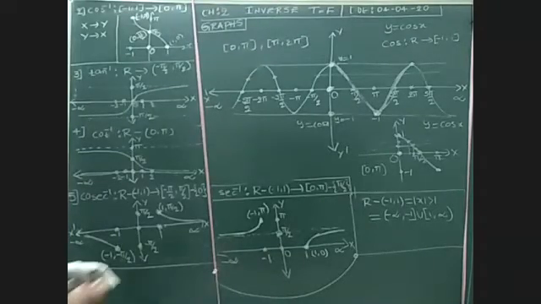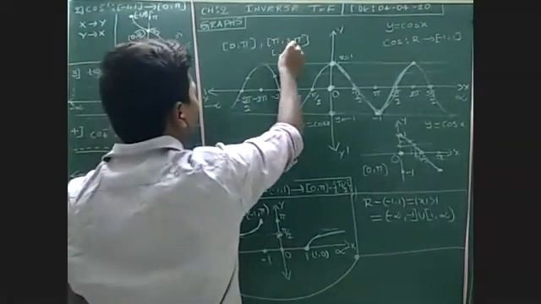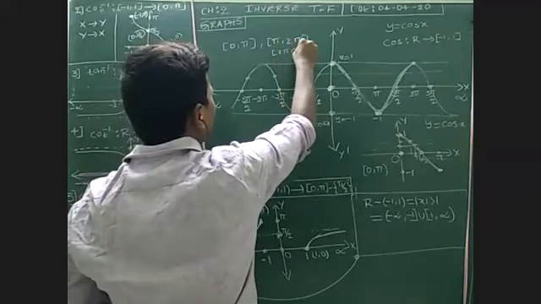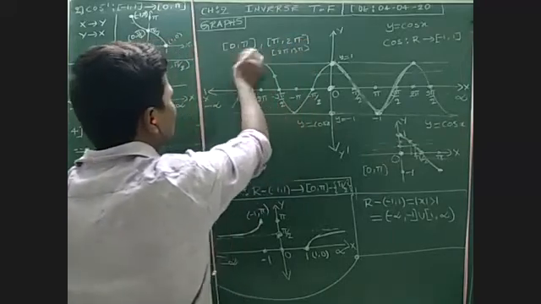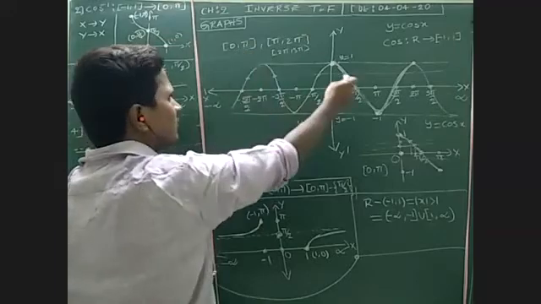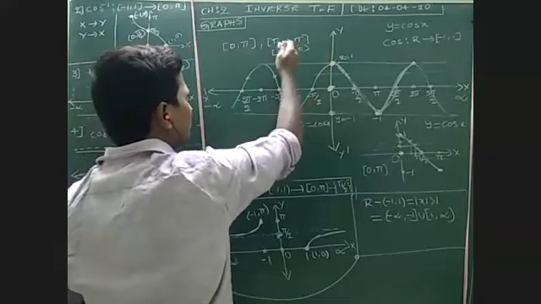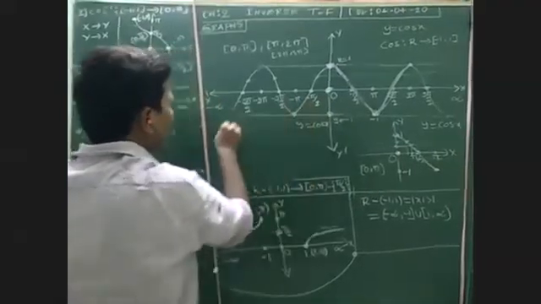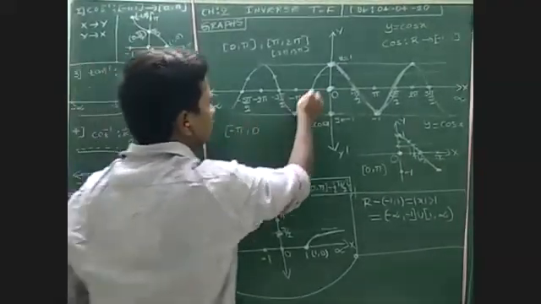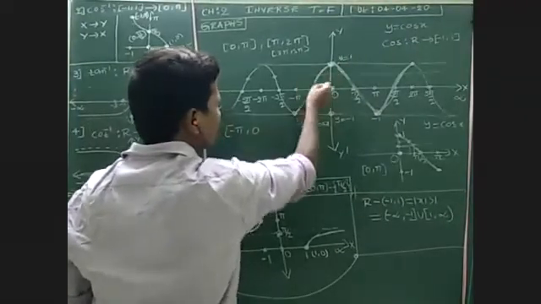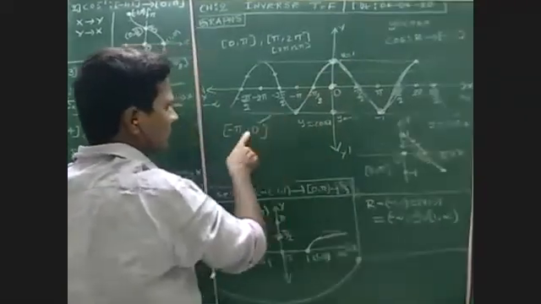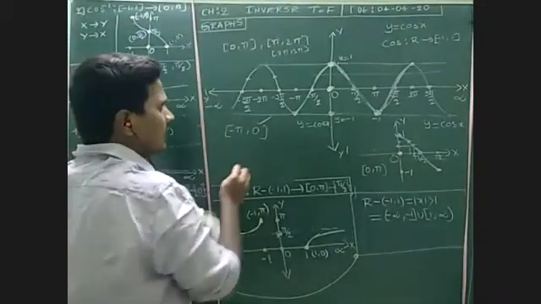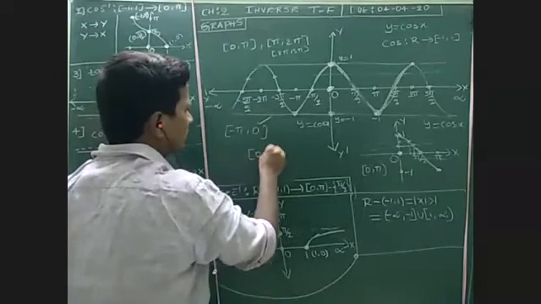In that case also it will be one-one. We can divide the given interval into many subintervals like 2π to 3π, 3π to 4π, each individually. In 0 to π it will be one-one and onto, π to 2π one-one and onto, 2π to 3π one-one. Even if I divide -π to 0, in this interval also cos x is one-one as well as onto. But I am taking here 0 to π.